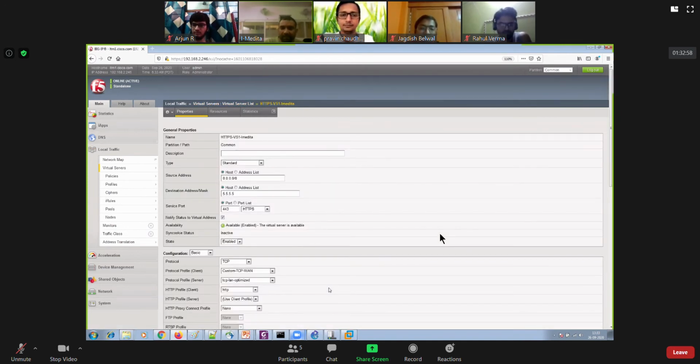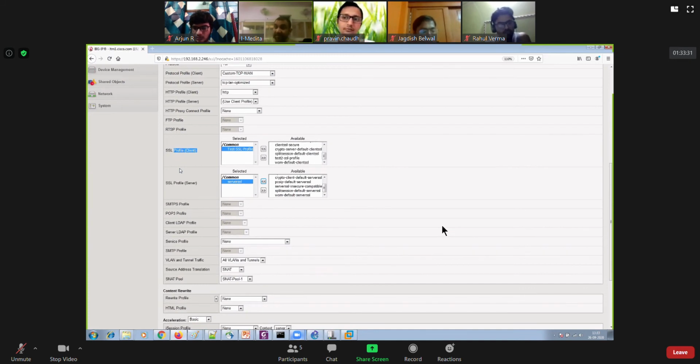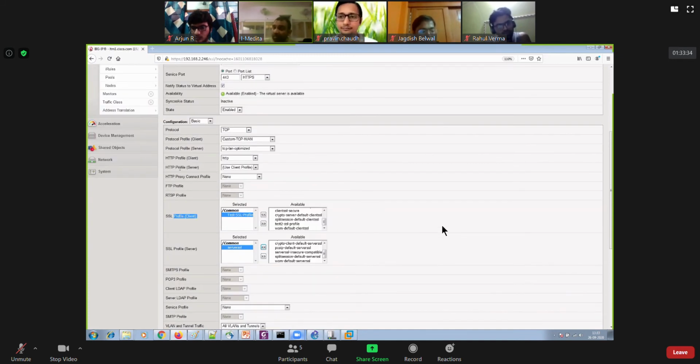So you can see under SSL profile client, you can call your SSL profile. If you are calling an SSL profile only for the client, it means you are using SSL offloading, right? You are not doing end-to-end encryption. And if you call server SSL over here, it means you will start using SSL for server-side connections as well. However, currently this connection will not get established because we are not using SSL on my server end. So that's how you can create the SSL profile and apply it to your virtual server.